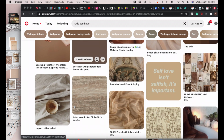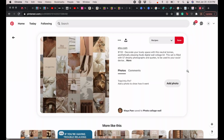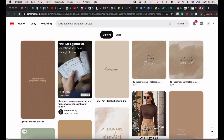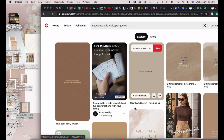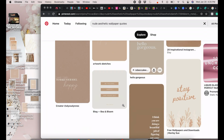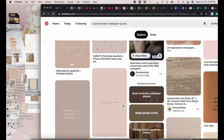So right now I'm just going through whatever I like, not even second guessing. If I like it, drag it to the desktop, save the picture, and there you go. It's that simple. And in this process, I'm trying to make sure that I look for everything that I need, which is the quotes,